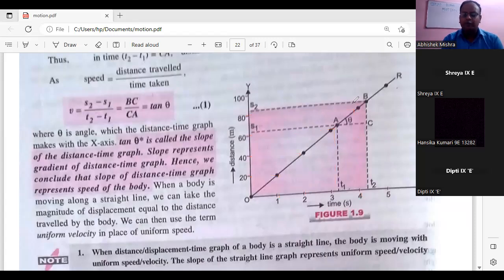Now, when we plot this, we get a straight line originating from O, the origin, and this is the straight line OR. So the conclusion we can arrive at is that when the body is in uniform motion, we get a straight line. Now from here, how can we calculate the speed of the object? Now see, for this, what we will do,